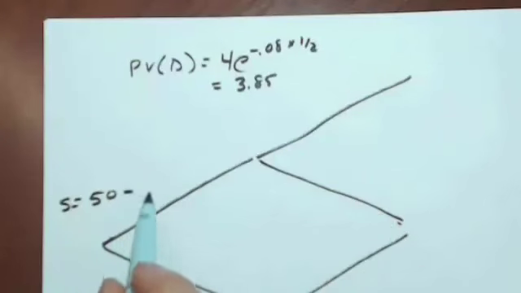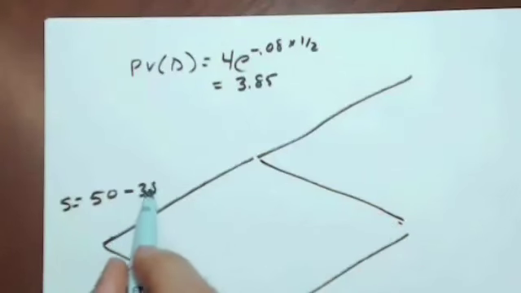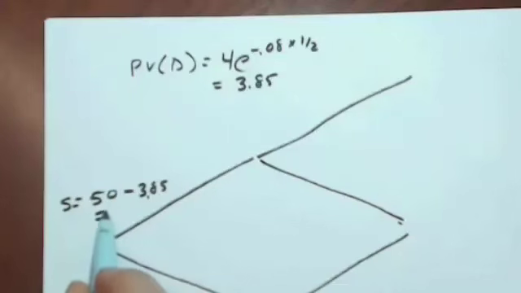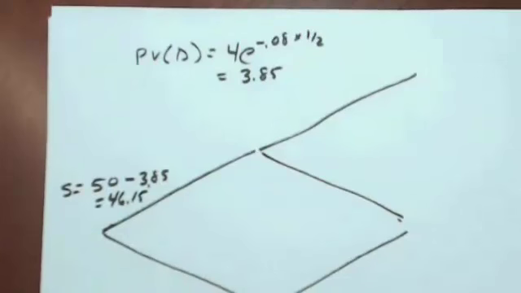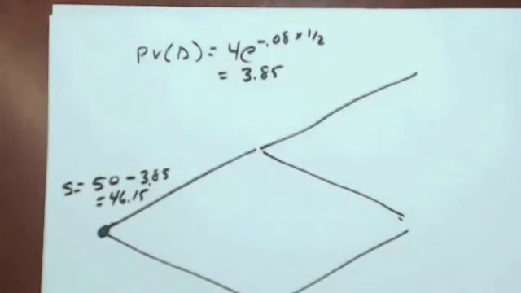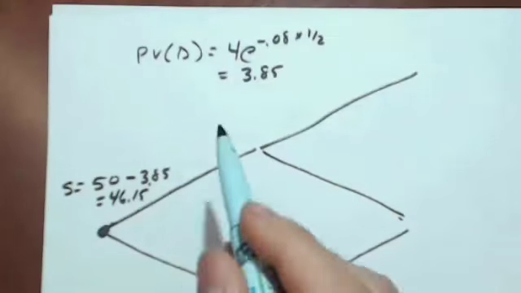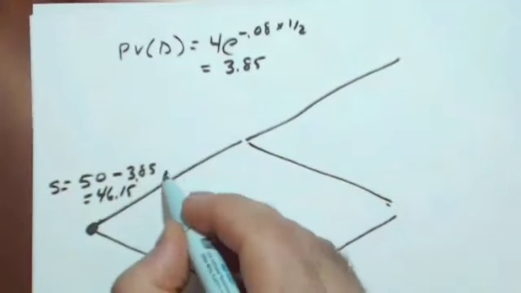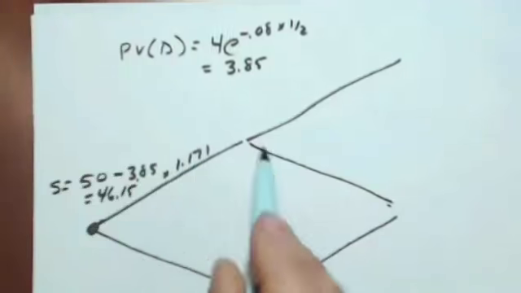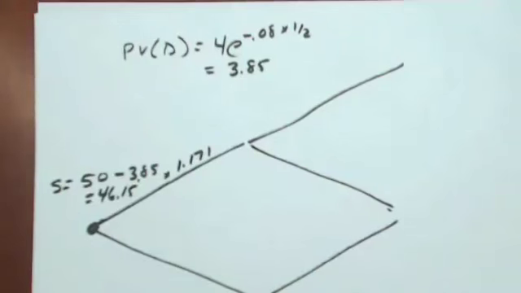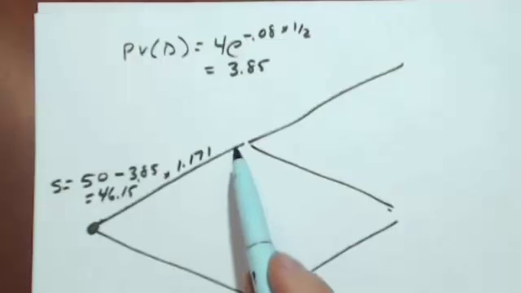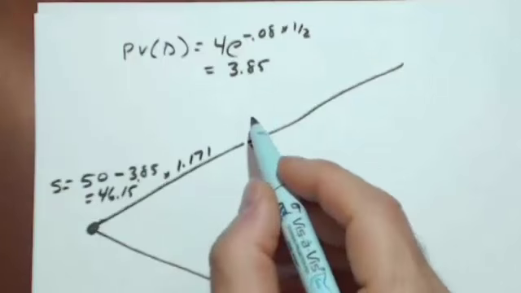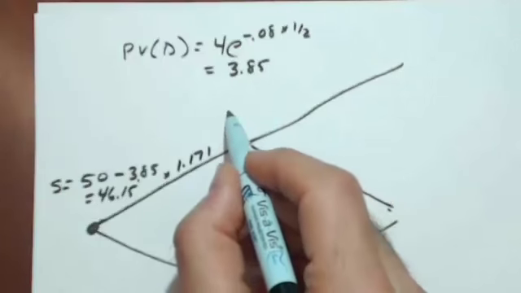So we're going to back out the $3.85, and we're going to take the stock as $46.15 today at the time zero node. Now we're going to grow that $46.15 by the 17.1% U. The U is 1 plus 17.1%, and that means the stock price here will be